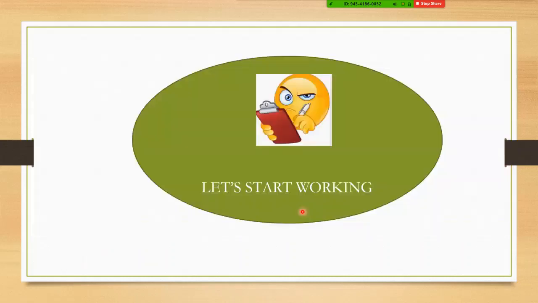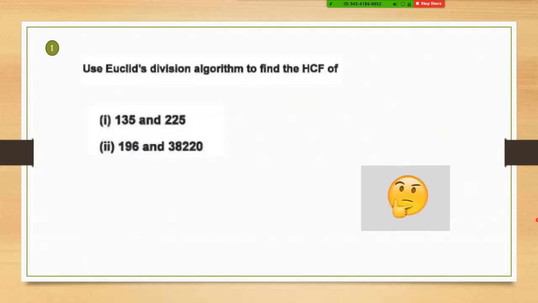Now we are moving ahead to working. Are we ready? Chalo, do this. Yes, ma'am. Now use Euclid's division algorithm to find the HCF of number 1 and number 2. I'm telling you Euclid's division algorithm because we are in the chapter itself. But in the MCQ, you use your own method. But in normal tests, essay 1 or any other tests, you have to show me the steps. Even if it is a 1 marker, you need to show me the steps. So now go ahead, give me the answer of the first one.